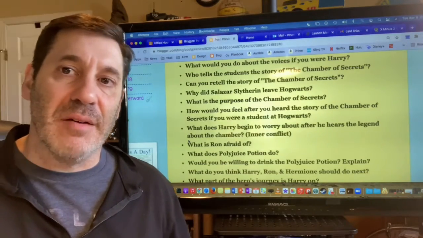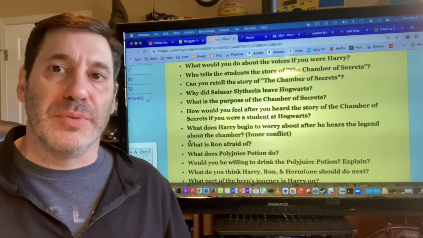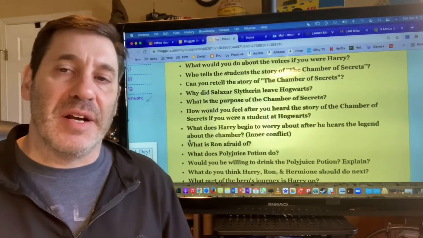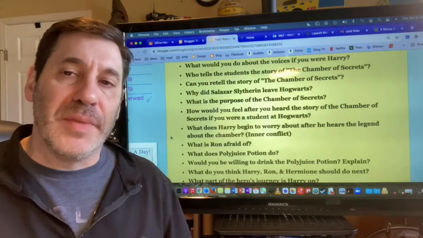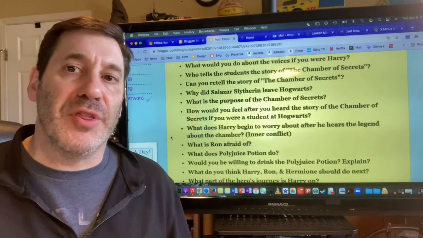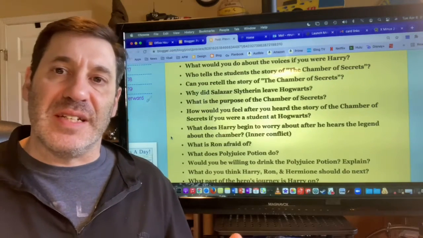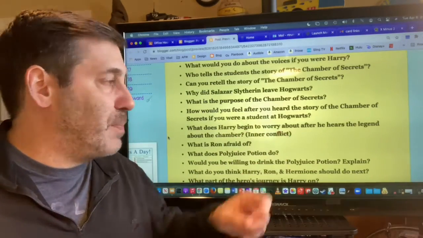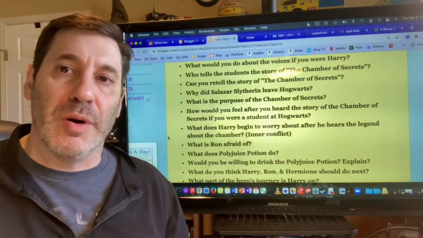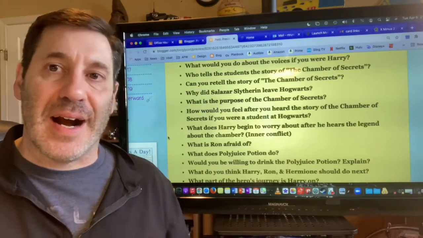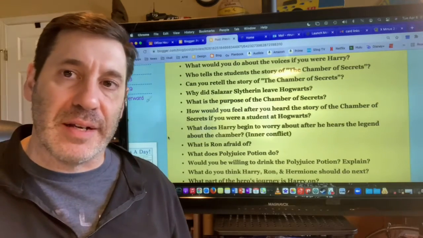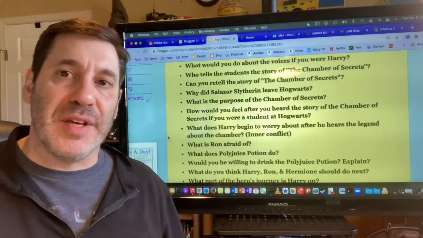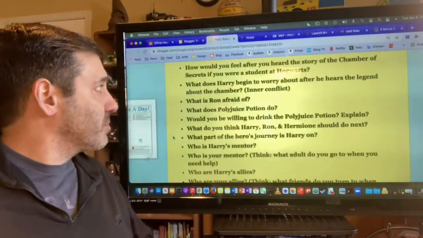conflict that Harry is going to have to confront Dumbledore. And that's a part of our hero's journey, an important part, where our hero has to confront the authority figure about these internal conflicts that they're having. So this conflict, this bit of information here where Harry is worried, this is going to come back to be a constant reoccurring topic or detail within our future readings.